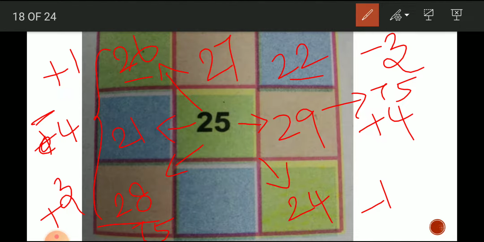So here 27 plus 25, that is 52. So 52 subtracted from 75 is 23. Now you just add any one side. Using a horizontal and vertical line, we can get the 75, vertically, horizontally and diagonally also.